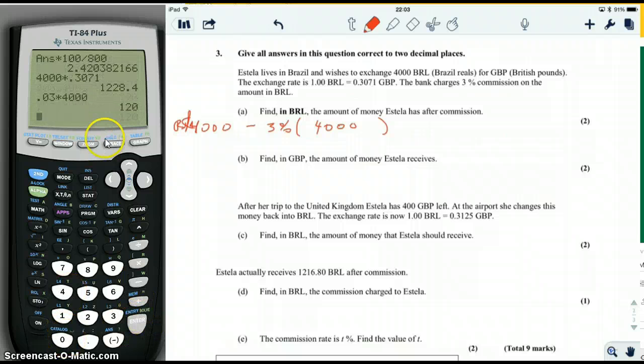So the commission is 120. And the original amount is 4,000. So we're going to take 4,000 minus 120 to get the total amount of reais that she has. So 4,000 minus 120. Okay, 3880